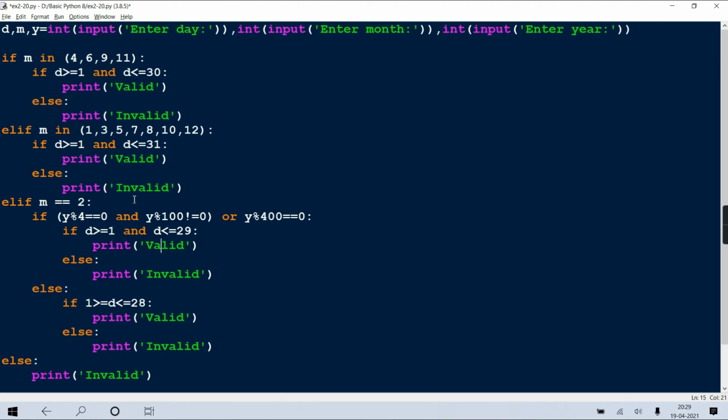If we write 1 is less than equal to d, such kind of thing, will it give the same output? 1 is less than equal to d. But then the connectivity, how will you write? Ultimately, this part will fail, no?